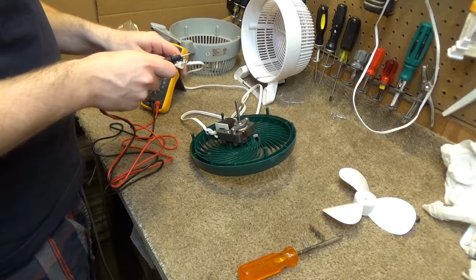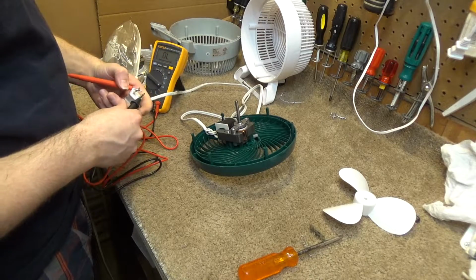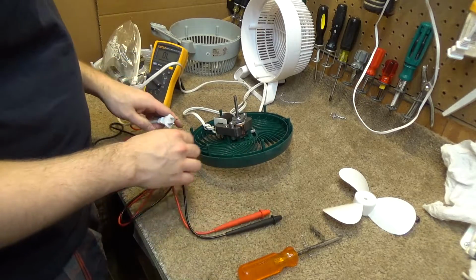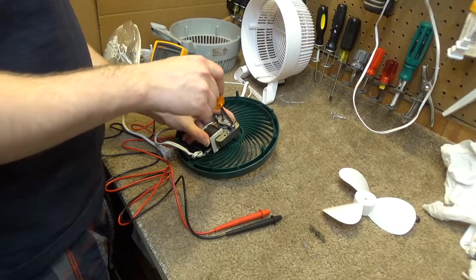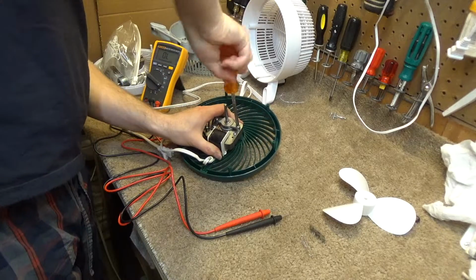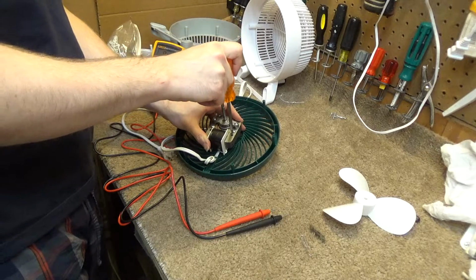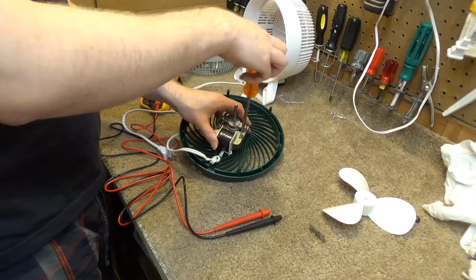Plugged it in last video and it did nothing. And we're getting no connectivity here whatsoever. So I can only imagine, and I guess it would make sense too, considering the condition this came to me in, that the motor has a bad thermal fuse. That's not the screw I want to even be undoing. So we may have to go in here and change out the fuse,